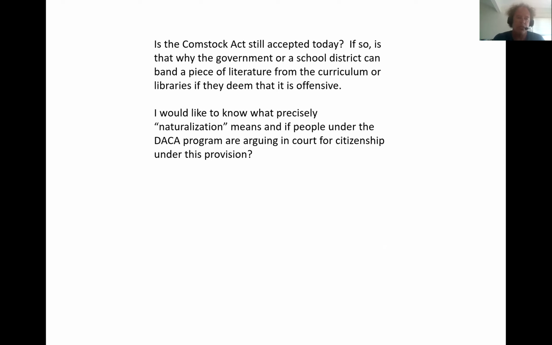Is, if you have a system where you have an undocumented immigrant who comes to the United States and has a child, and that child is born in the United States, that child is a U.S. citizen. Full stop. So why should that be any different if you're dealing with a child who happens to come to the United States 4 or 5 days after its birth, and then lives in the United States for 20 years, has no connection to whatever country the child happened to be born in? The court is inching, it seems to me, towards an eventual ruling saying that in those circumstances, there's at least an implied right of